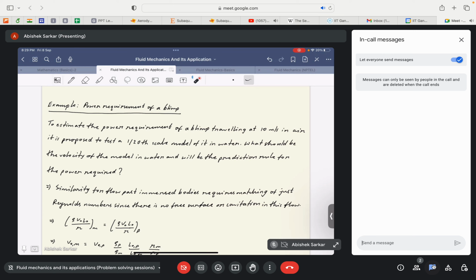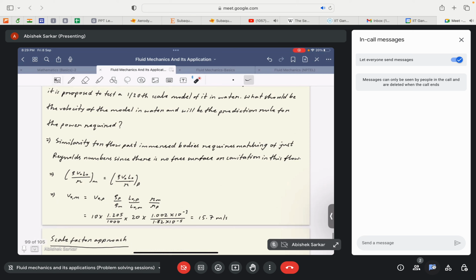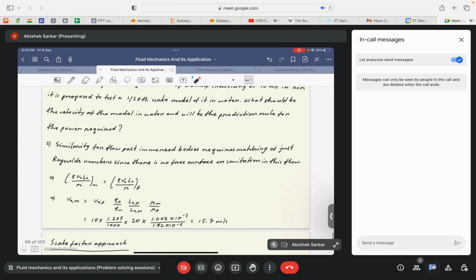Okay, so I hope it is clear, and this is actually very useful, something that comes by dealing with different kinds of problems. This is one of the things that I myself read in a fluid mechanics book by Cengel, so you can refer to that. Okay, so here we see that